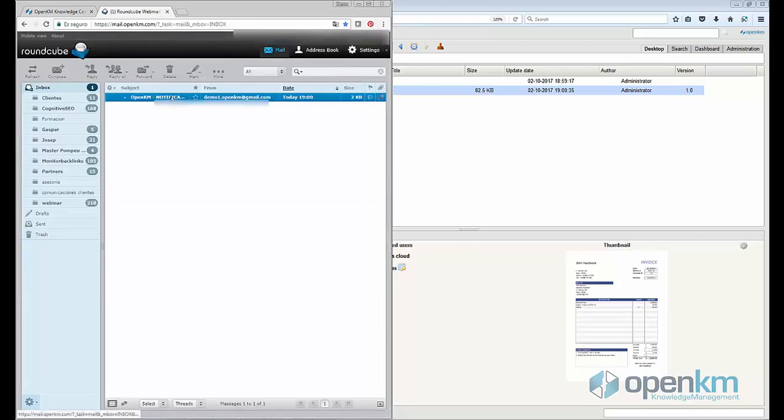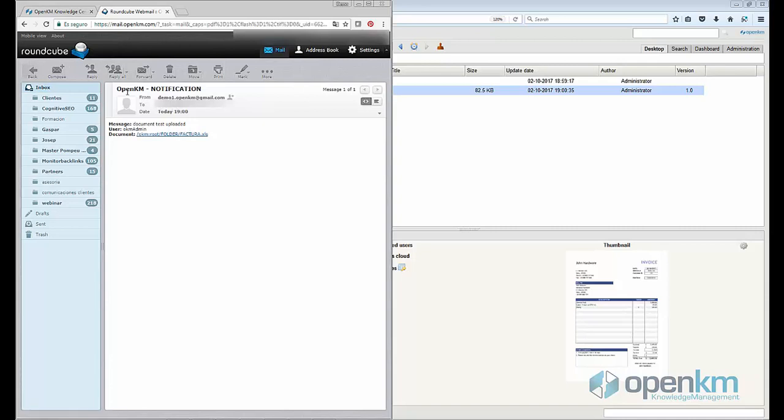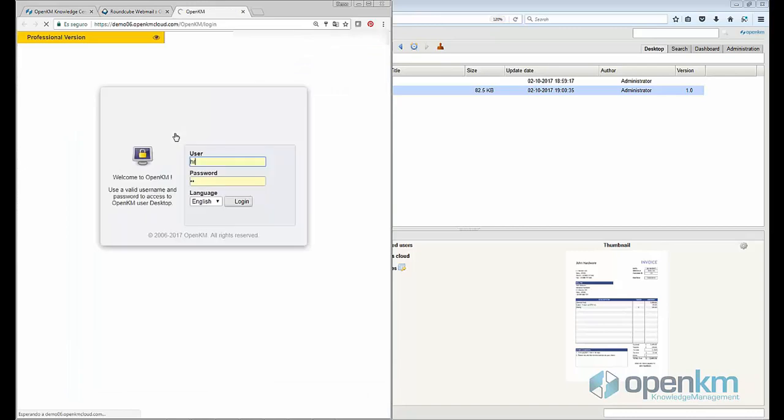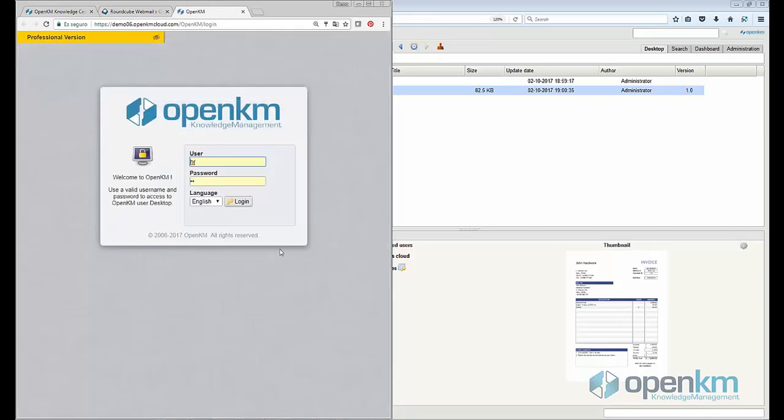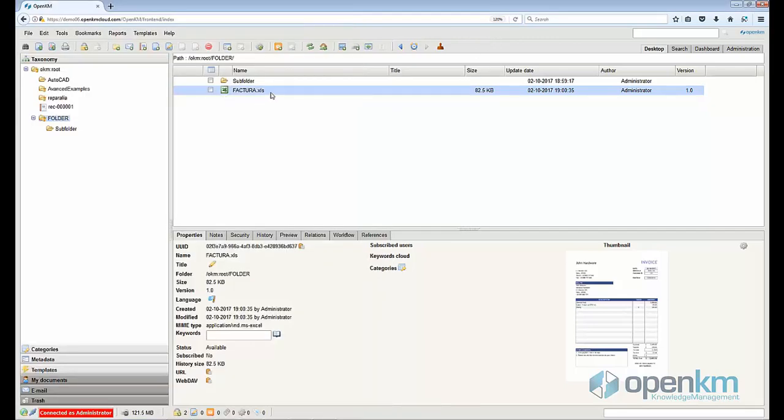And now, in order to see the effects that the OpenKM notification has on outsider users, we can see here how I have received an OpenKM notification with the message that we have inserted right now, information about the user who has sent me this notification, and a link. And if I click on the link, we would be able to see that OpenKM displays a user access interface where I have to insert my login and password in order to access the application, and therefore the exact place where it is located